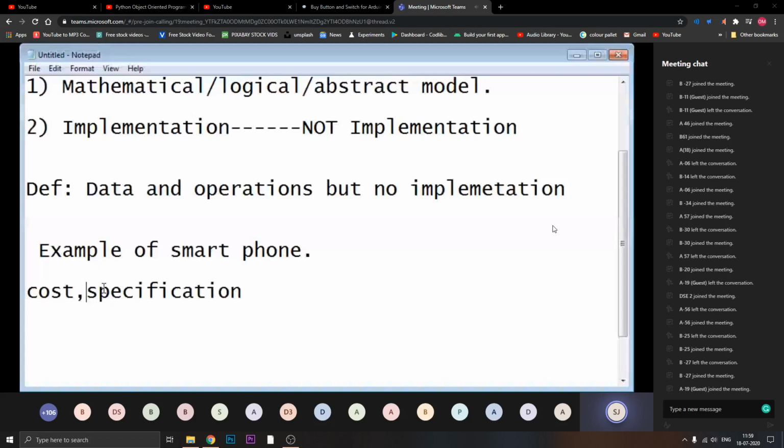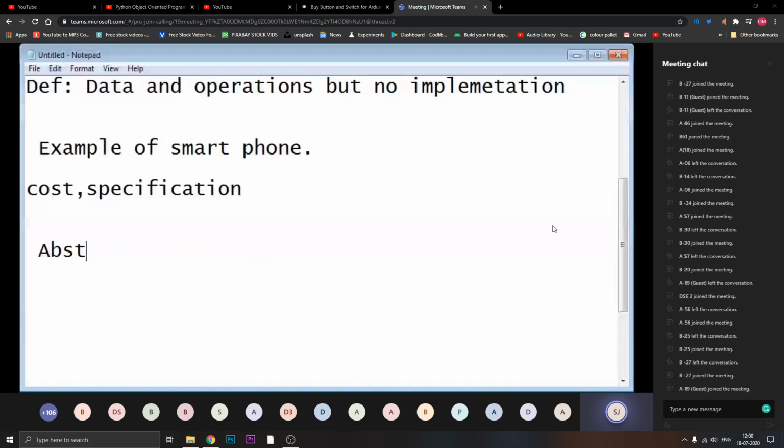Now according to that, if I want to make an abstract view, okay, wait a minute, I'll simply shift my screen. So instead of notepad, wait a minute.